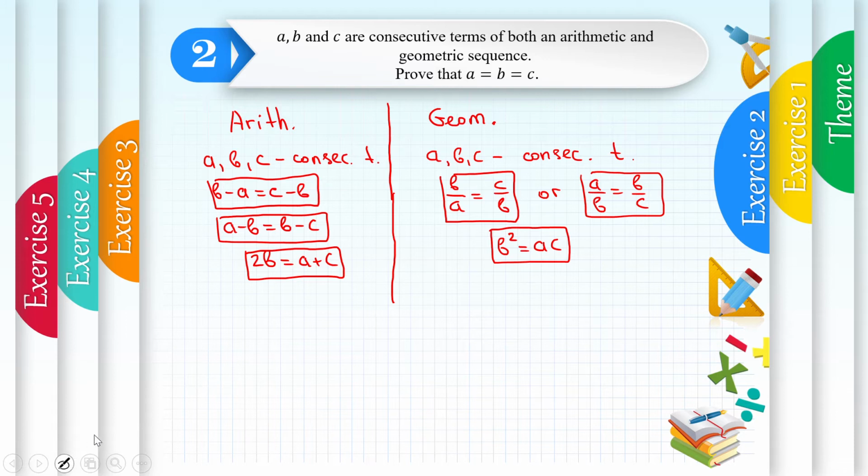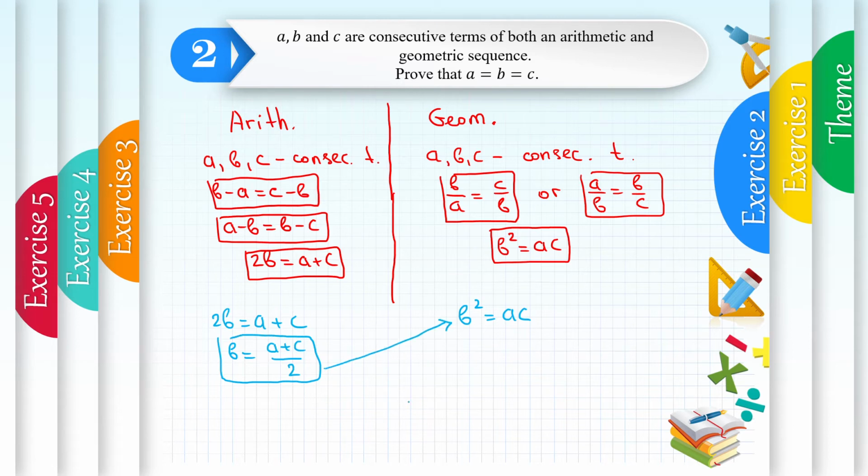I will work out with 2b is equal to a plus c, and b squared is equal to ac, and we will prove that a is equal to b and is equal to c. From 2b equals to a plus c, we had that b is equal to a plus c over 2. And if we substitute in this relation b with a plus c over 2, we will get that